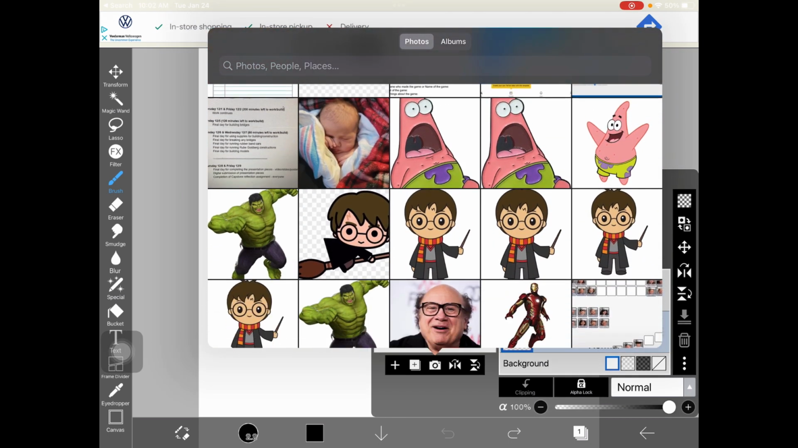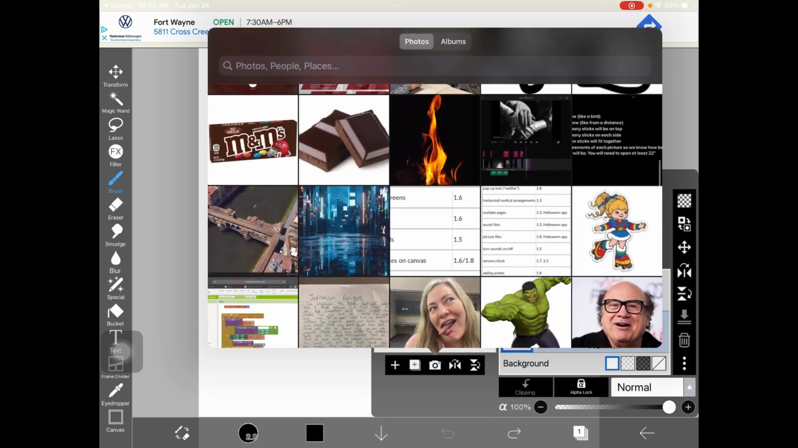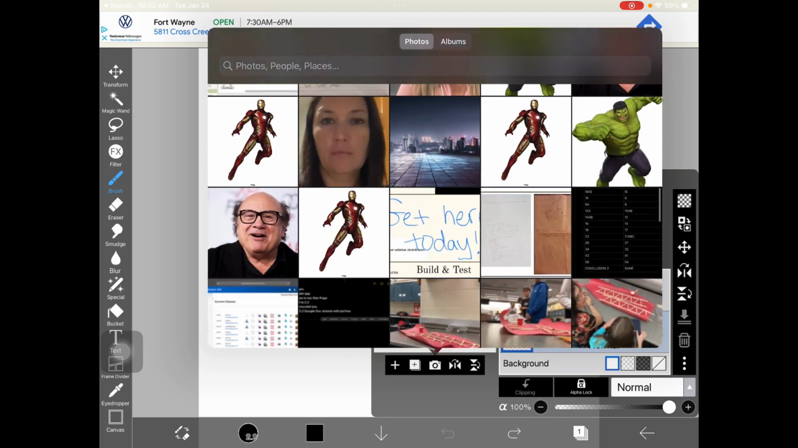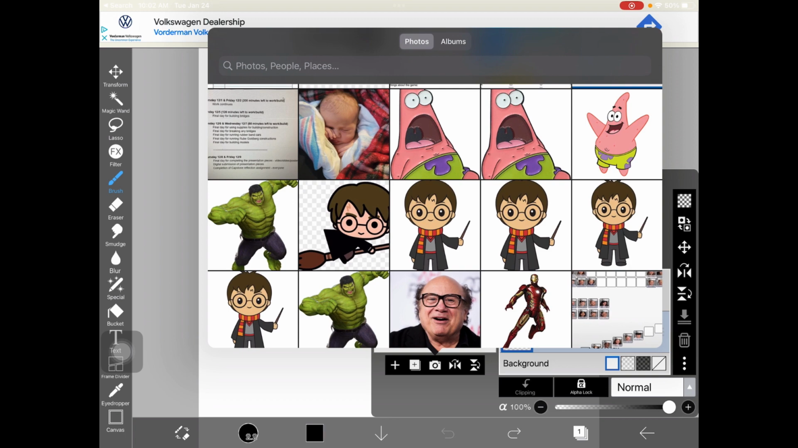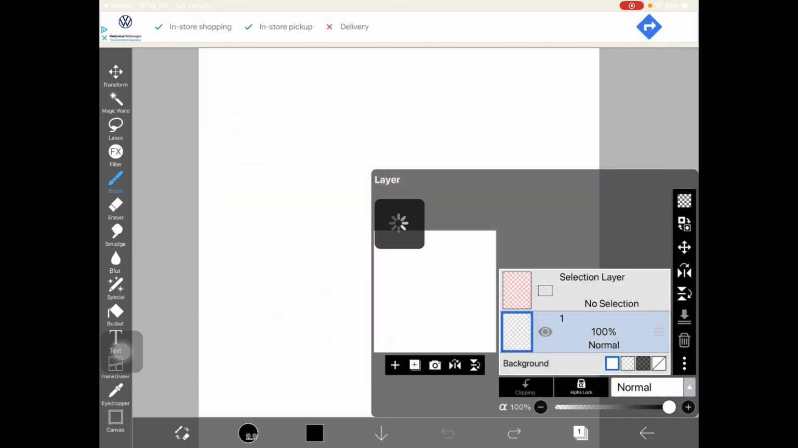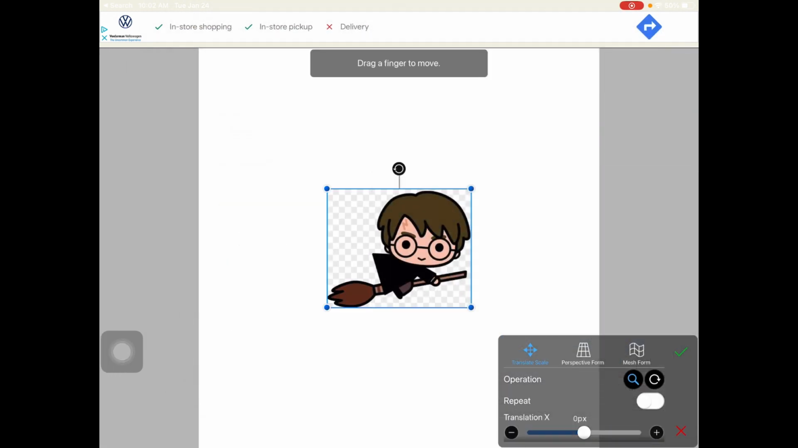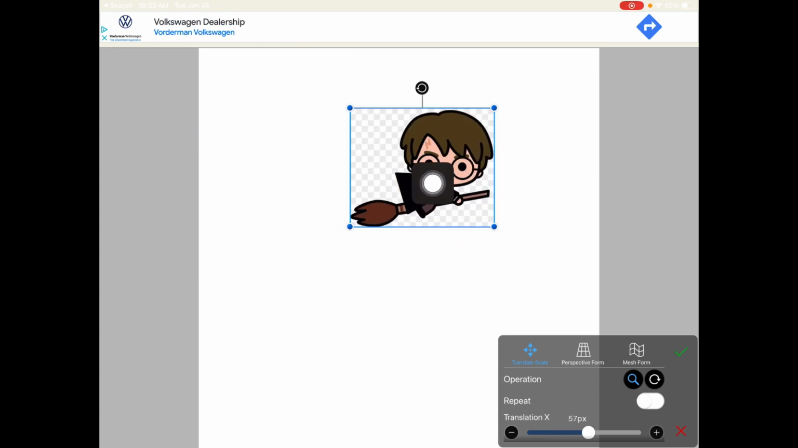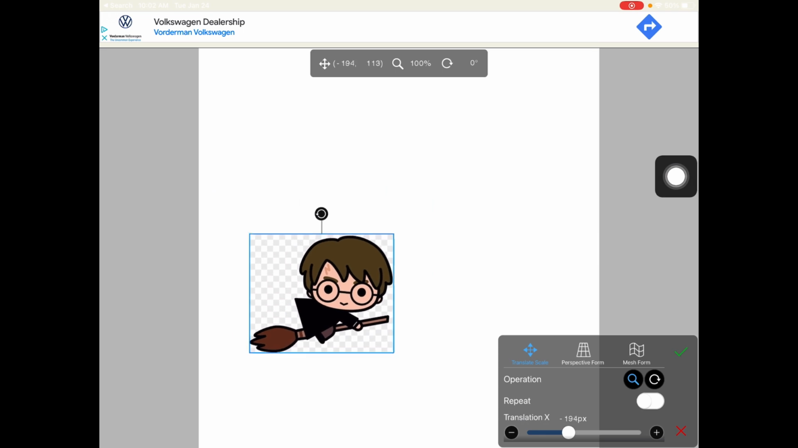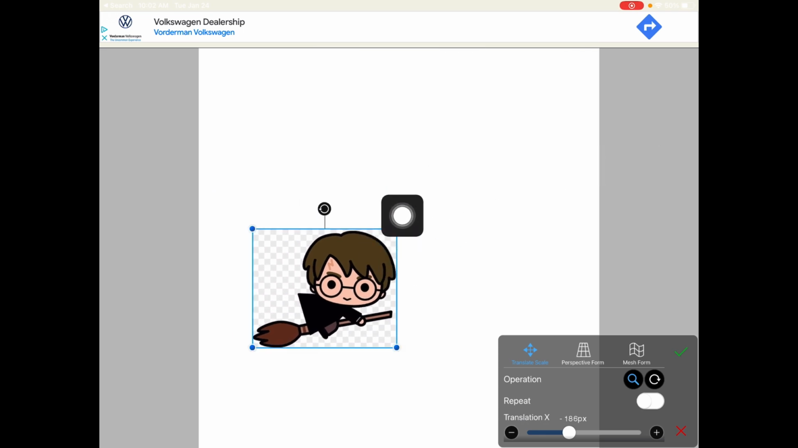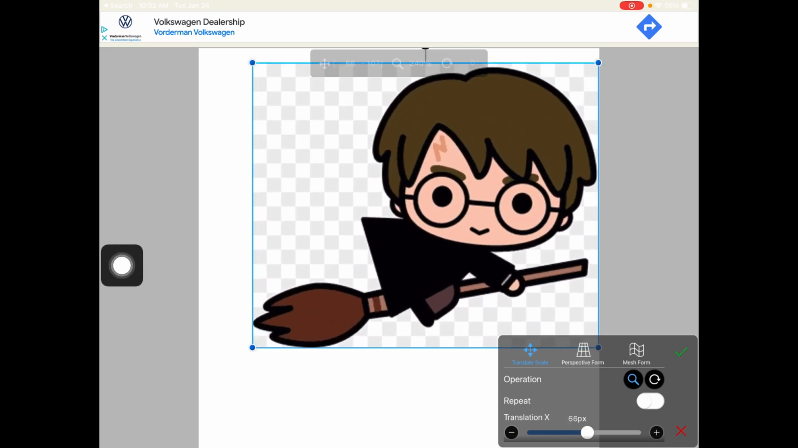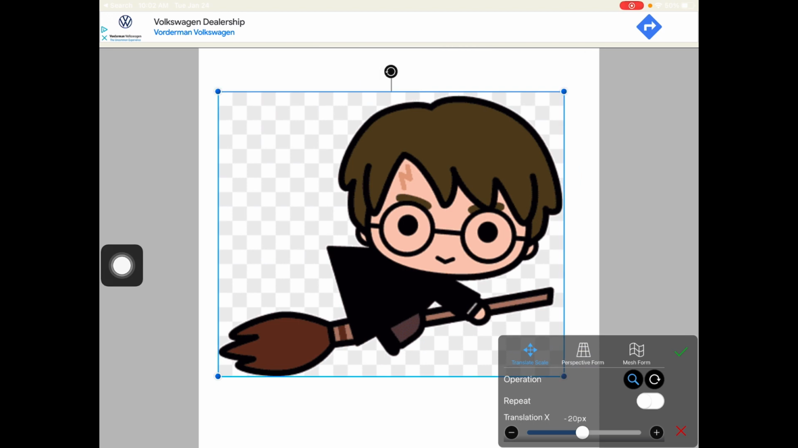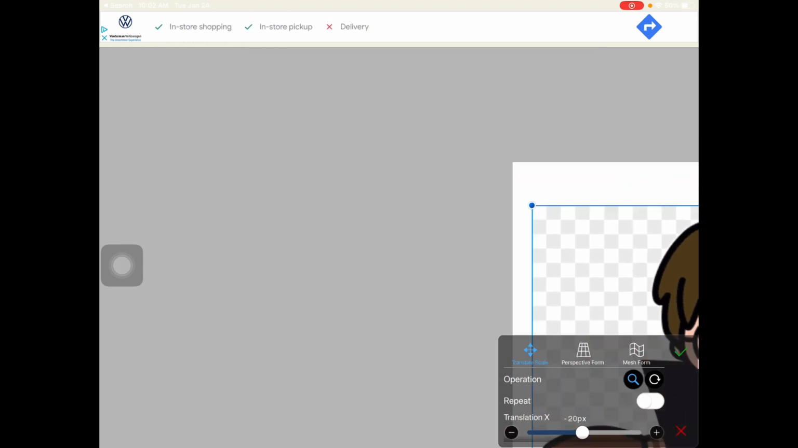Here's all of my photo library. So I can pick any picture I want. I'm going to go up here and I'm going to choose Harry Potter. So I bring him in. I can drag on him. So like I put my finger right here on Harry and I can drag him to move him around the page. I can also use these blue handles to resize it, just like with any normal picture. When I'm done moving him around,